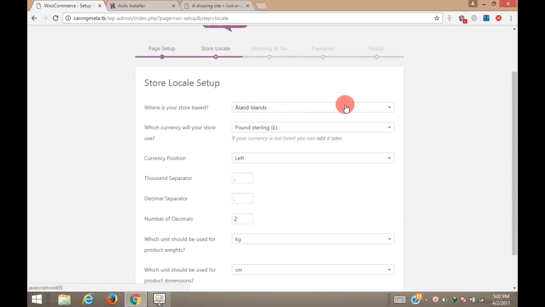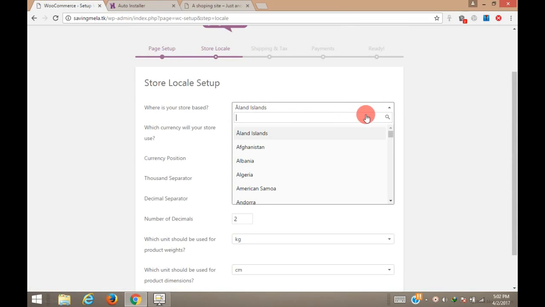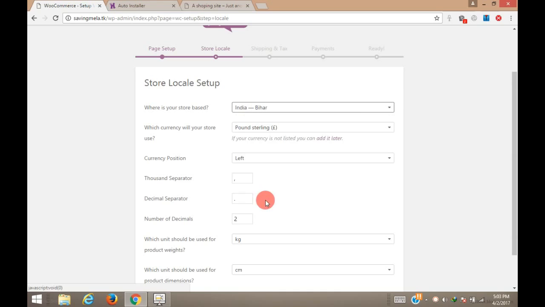In my case I am in India, so I choose India. So here I have chosen India, Bihar.